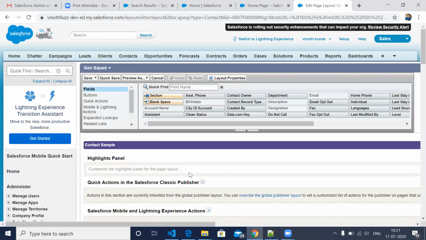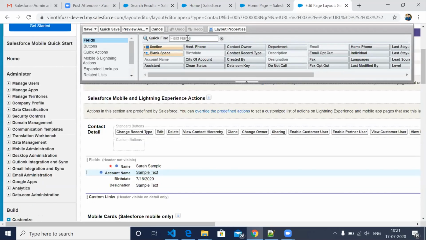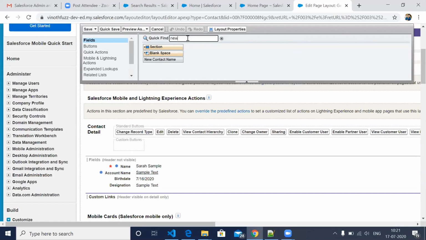So this is the page layout. I'll just add it here. I will tell you later how to do all these things. So now we created the new contact name. It's just dragging it.